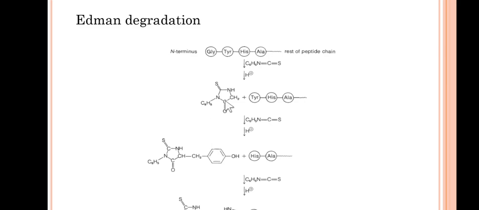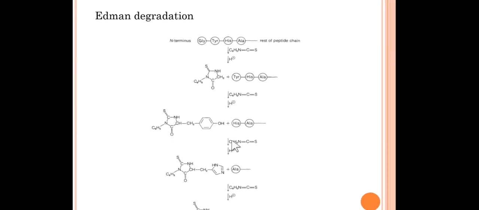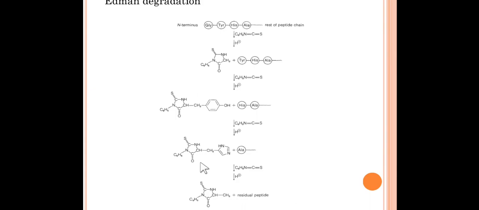Now you can see this is a COCH2 NH2. This is nothing but glycine, and the other part remains as the N-terminus of tyrosine. Now the second molecule of phenyl isothiocyanate will react with the NH2 of tyrosine, and here you can see that this tyrosine part will be removed from that peptide and we will get histidine as the N-terminal amino acid in that peptide sequence. The next molecule of phenyl isothiocyanate reacts with the N-terminal of histidine. We get histidine as the next derivative of hydantoin and so on.